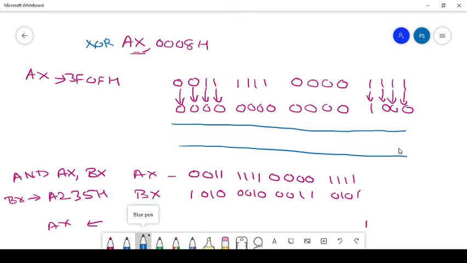Those are shift left, shift right, rotate left, rotate right, without carry and with carry. So the next instruction is shift left. Simply, this instruction shifts the operand word or byte bit by bit to the left and inserts zeros in the newly introduced least significant bits. So all the bits of a given word or byte will be shifted to the left and a 0 will be inserted in the newly introduced least significant bit.